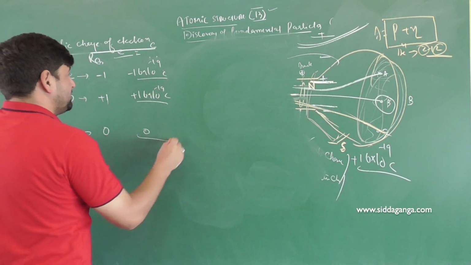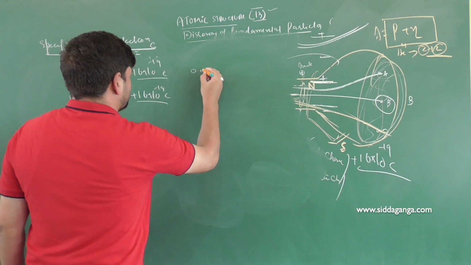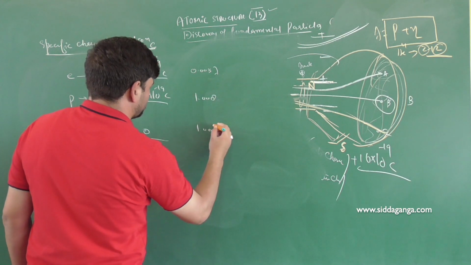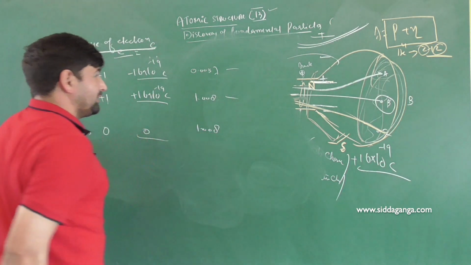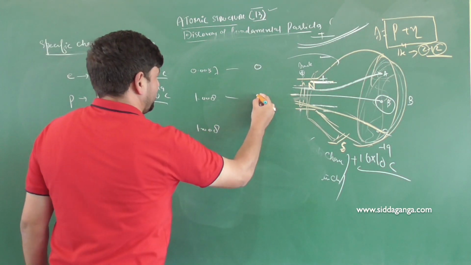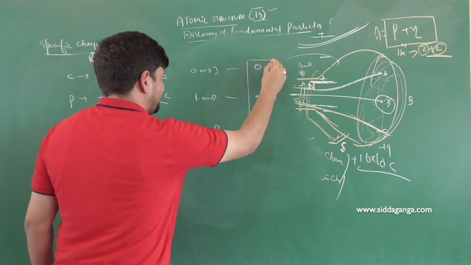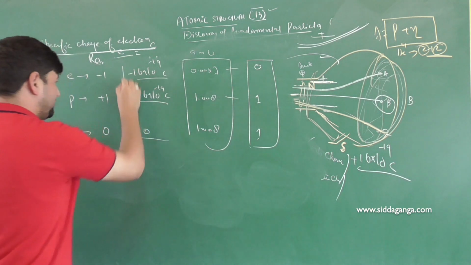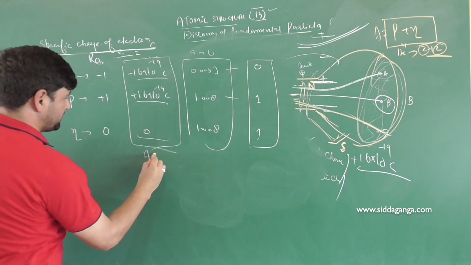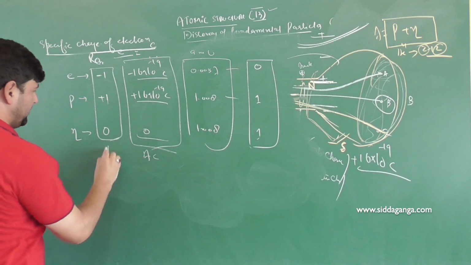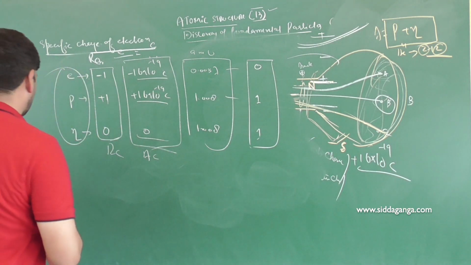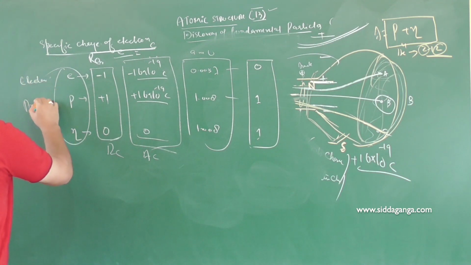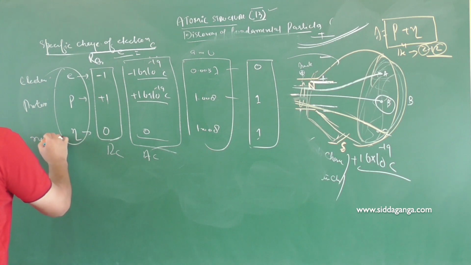This is actual charge. So mass wise, for electron it is 0.00057, for proton it is 1.008 units, and neutron is also almost 1.008 units. And in terms of relative mass, it is 0 for electron, 1 for proton and 1 for neutron. So this is relative mass. This is absolute mass in terms of atomic mass units. This is absolute charge. This is relative charge. And this is the representation of electron, proton and neutron.